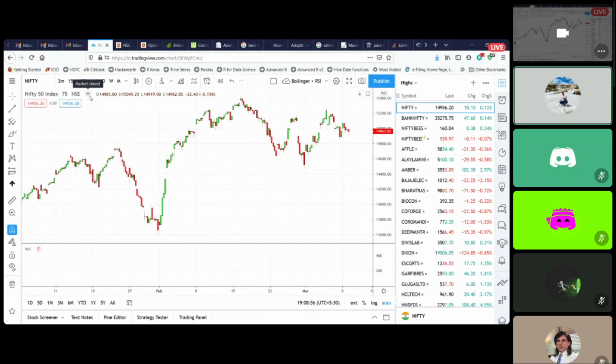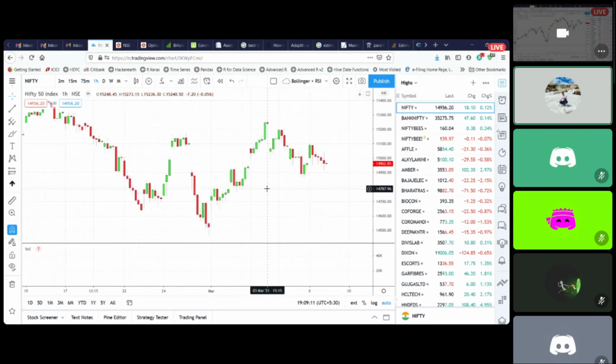But 75 minutes is available only to TradingView premium customers, pro customers. So if you are using the free version, you can use the 1 hour chart as a proxy for it. The only issue with the 1 hour chart is the last candle of the day that we see here. For example, this candle for today is only a 15-minute candle. So it's not exactly a 1 hour candle. So on 1 hour, if you are using indicators, just be cautious that all of these 15-minute candles at the end of every day are going to introduce some slight noise.